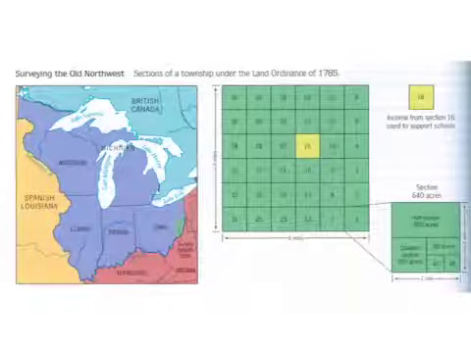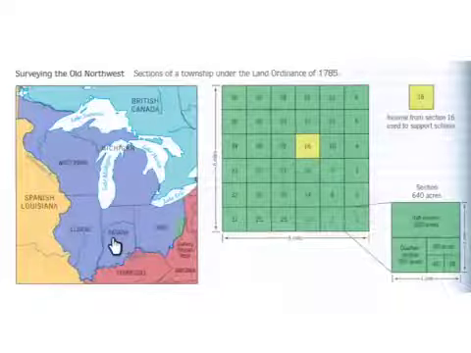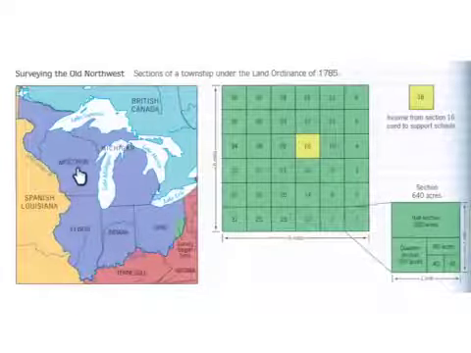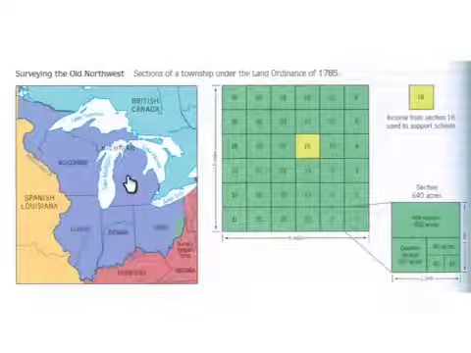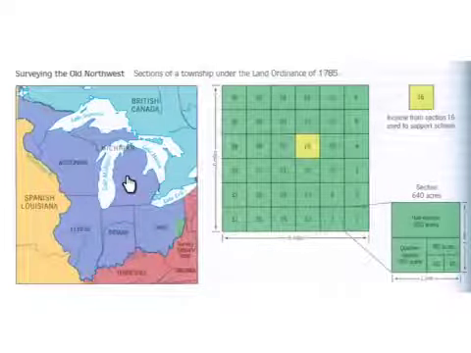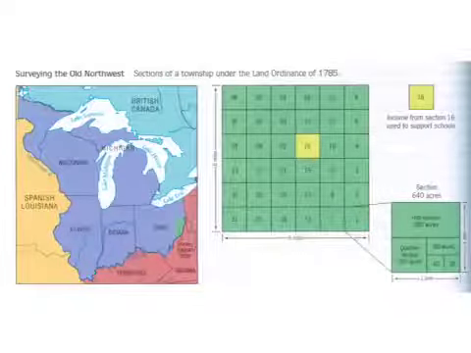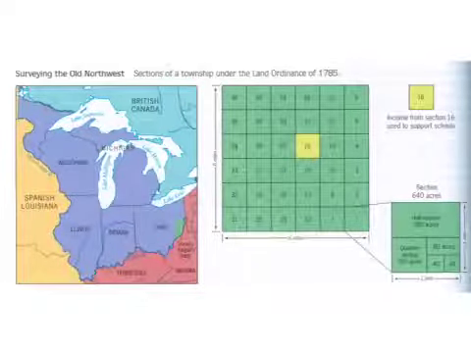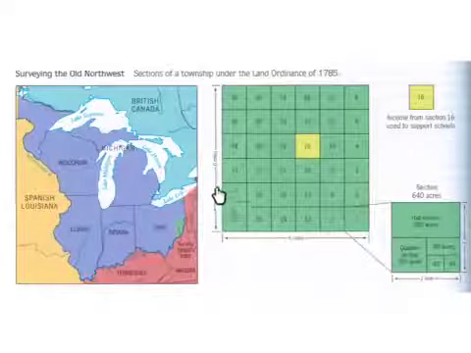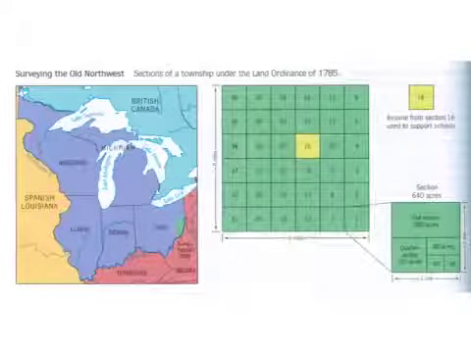And so, of course, what that meant is that the Old Northwest, which is this region right here, Ohio, Indiana, Illinois, Wisconsin, and Michigan in the modern day, back then just one big territory called the Old Northwest, was going to be surveyed and divided up in a similar fashion to the example that you saw on the previous slide, into townships that were 6 miles by 6 miles, with each township divided into